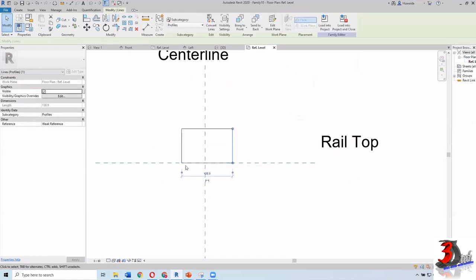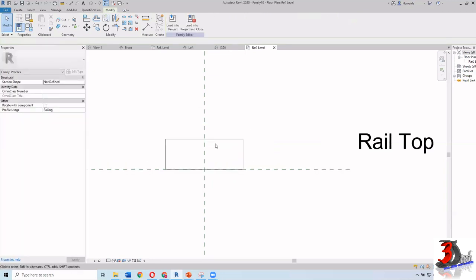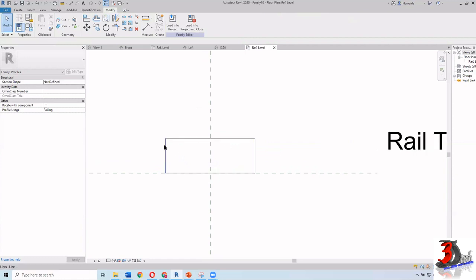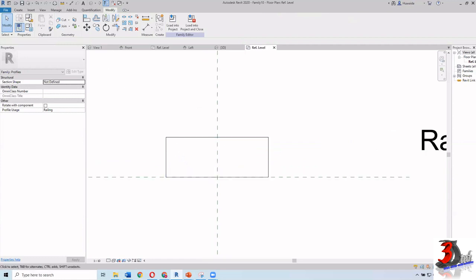I will make the dimension maybe 80, and then this side 80, 160, and then the thickness would be 60. Okay, so this is the top railing. If you walk, you will hold on to the top railing, right, so like this. So I want it to be slightly curved.